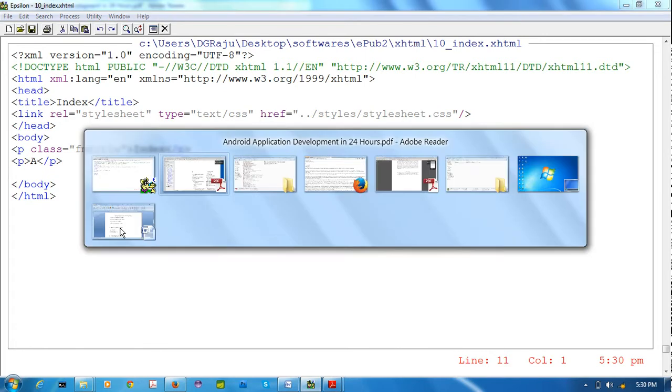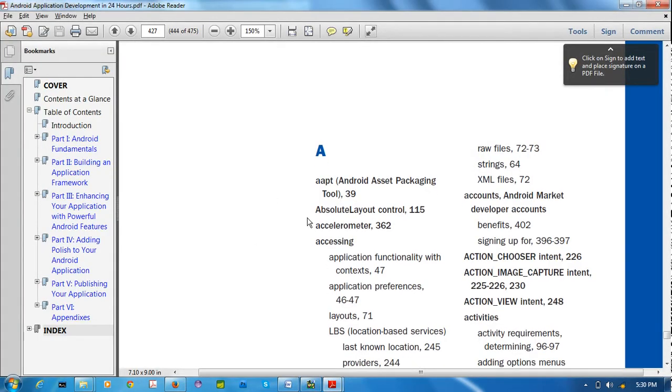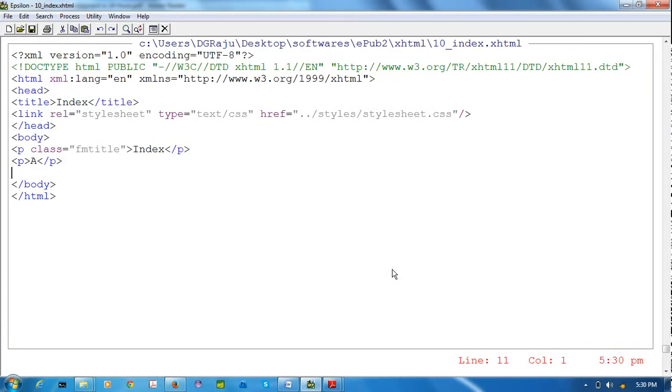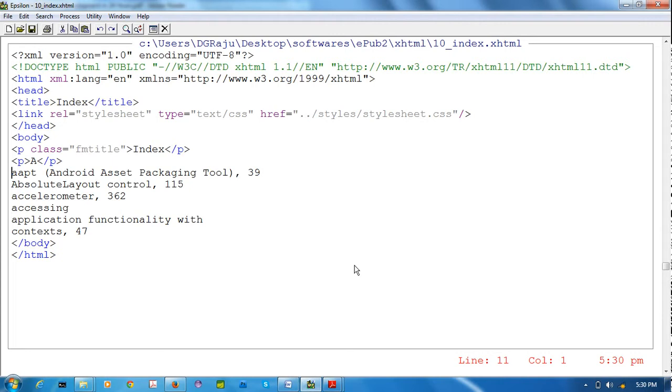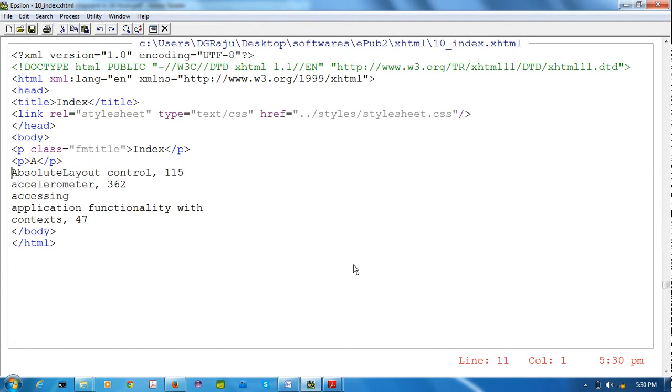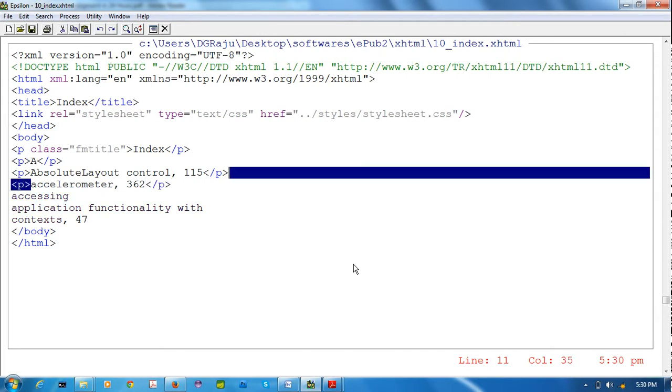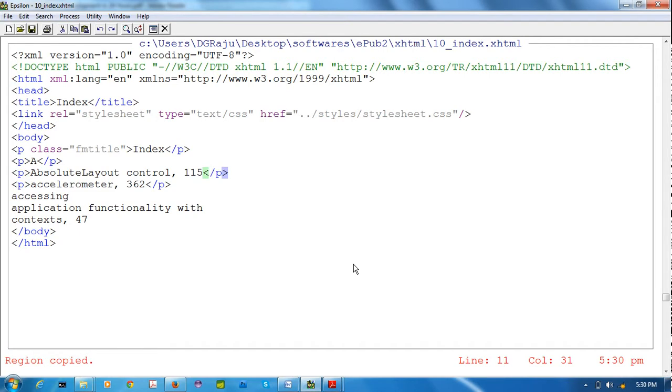For A, I'm copying something. For example, only, okay? I'm deleting this thing. Para open, para close, para open, para close. This will take so much time, no? That's why I'm copying like this.